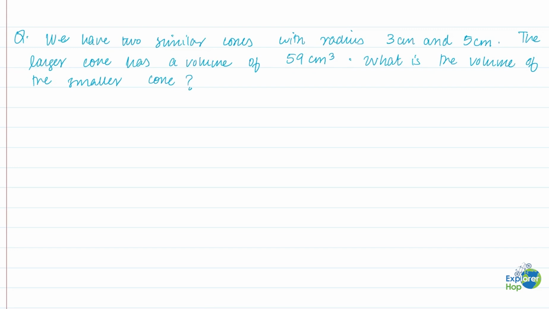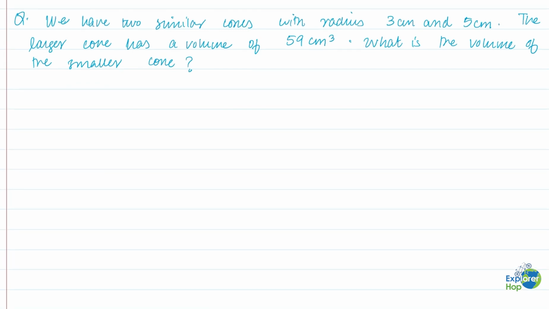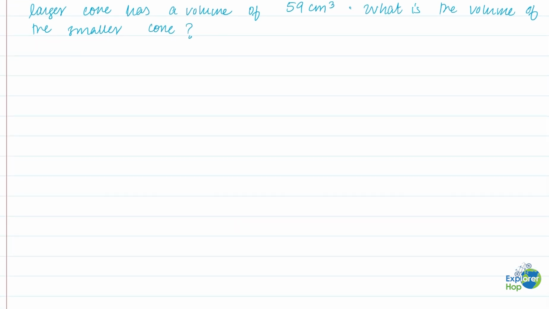In today's worked example, we'll be solving this problem where we know that there are two similar cones with radius 3 centimeter and 5 centimeter, and we know that the larger cone has a volume of 59 centimeter cube. So we'll try to find the volume of the smaller cone. So let's start. First of all, we know that for